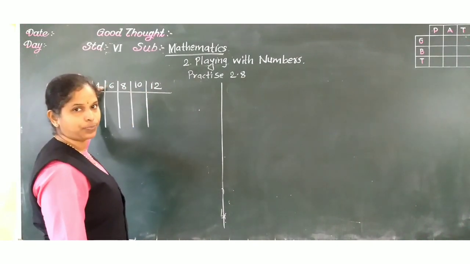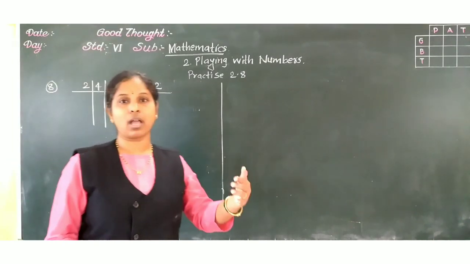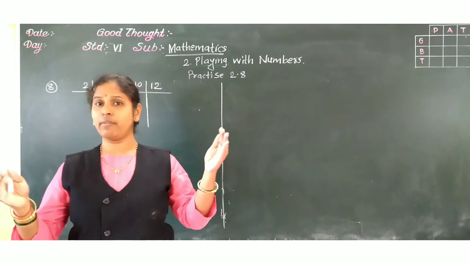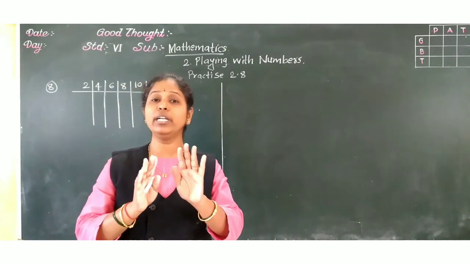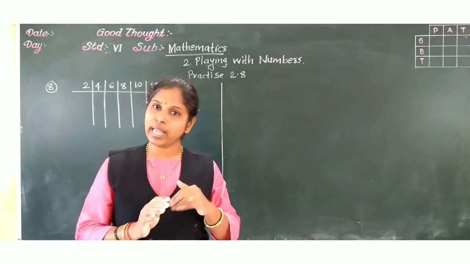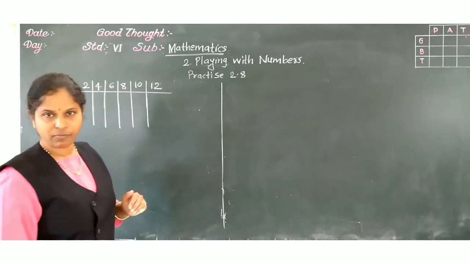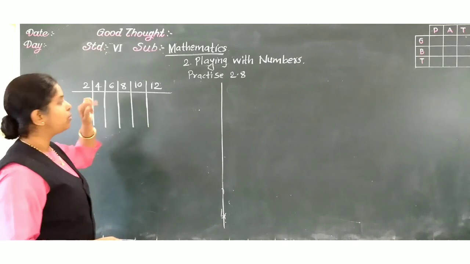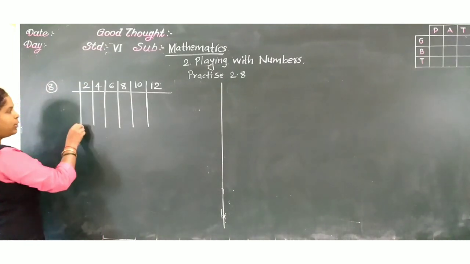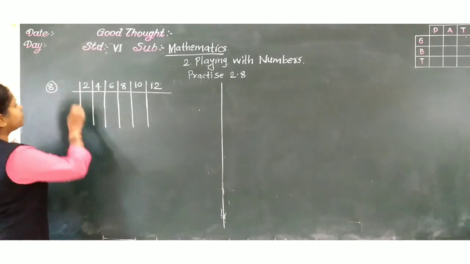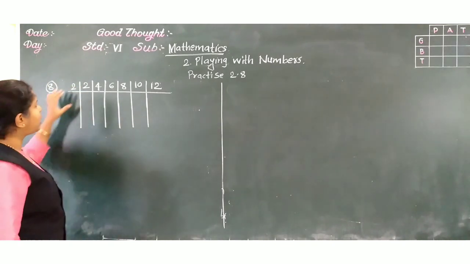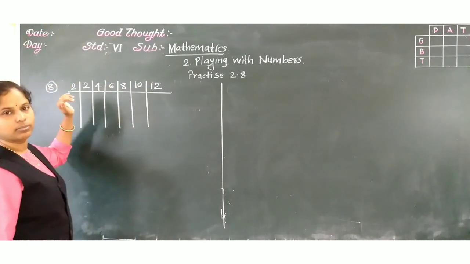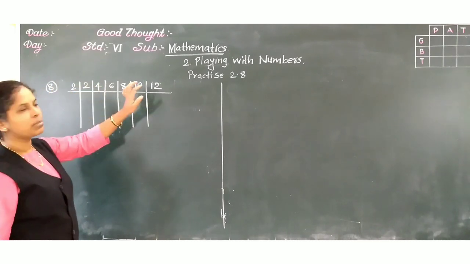These are seconds. And what is the shortest time at which they will ring together? That means we have to find the LCM. Okay, the shortest, nearest time we have to find out. So we will find the LCM. Now I am finding this LCM by the method which I have already taught you. We have to write all these numbers at a time and go on dividing. So now see, all these numbers are divisible by 2.